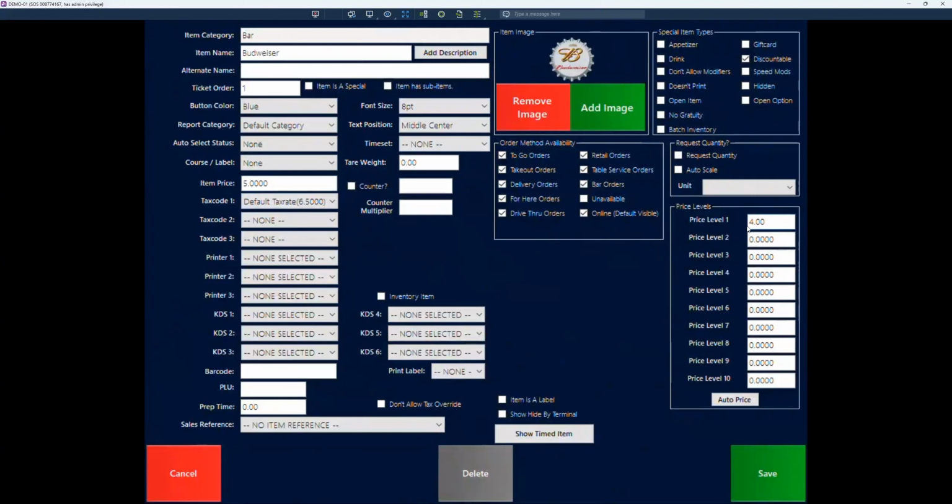You also have some auto price options here under the price level setup. You can set your happy hour price level to automatically price it $1 less than the normal price, or $2 less, however they're doing their promotion, if they're doing it a specific way like that. And then all you have to do is click auto price. It'll fill in the price level prices based on that. So I'm sorry, auto price will just fill in the rest of those with what you've already put in? Yeah, so if we go to